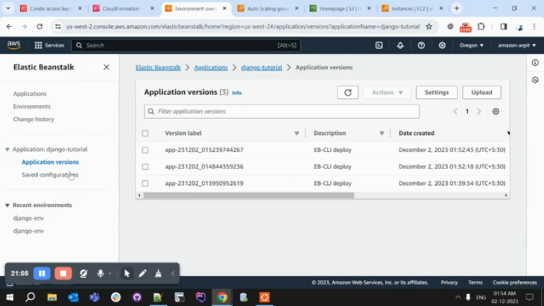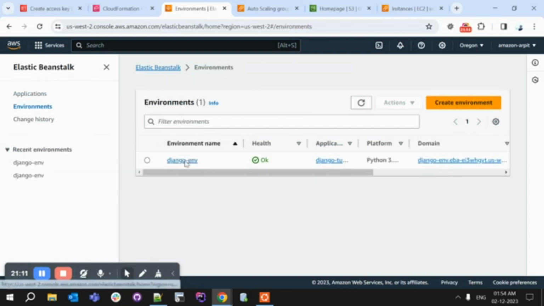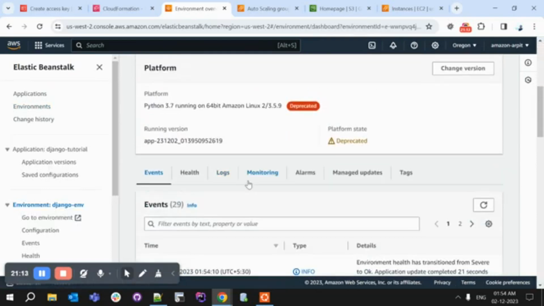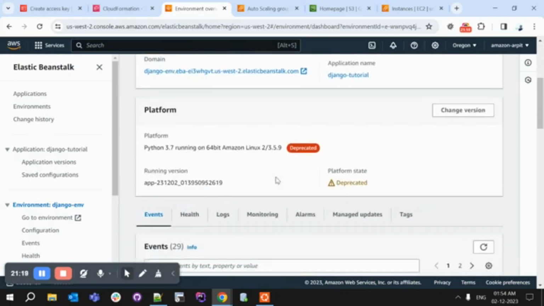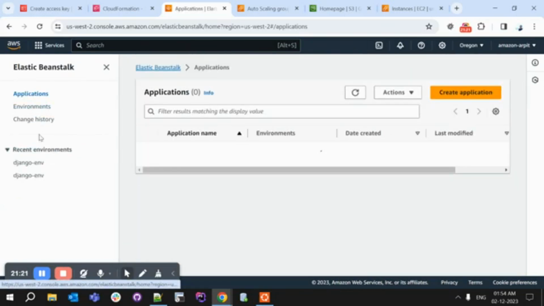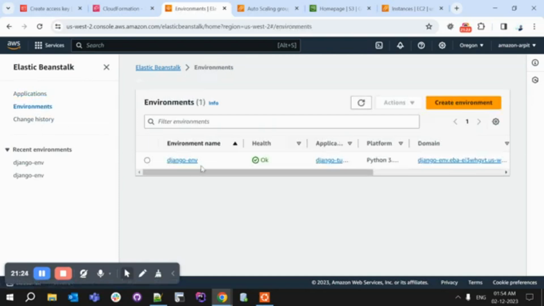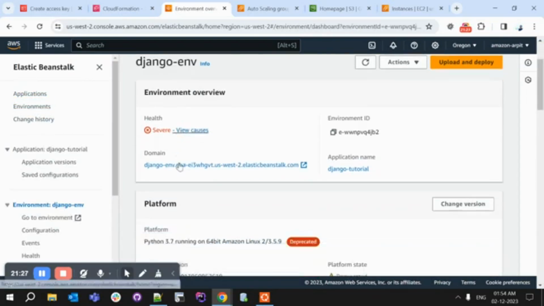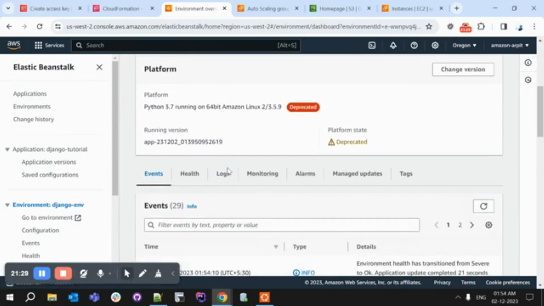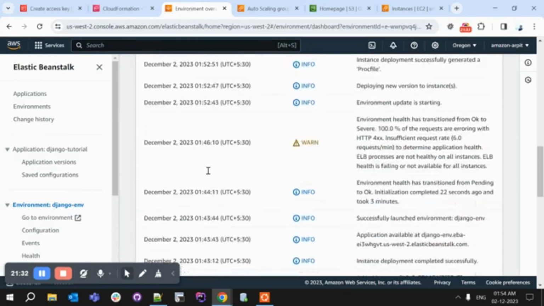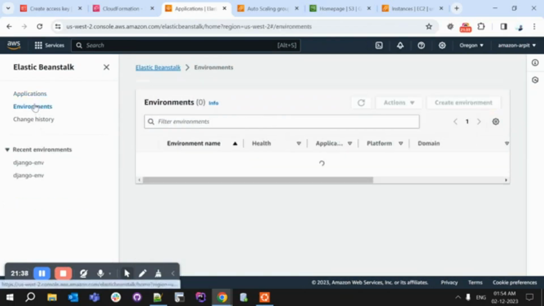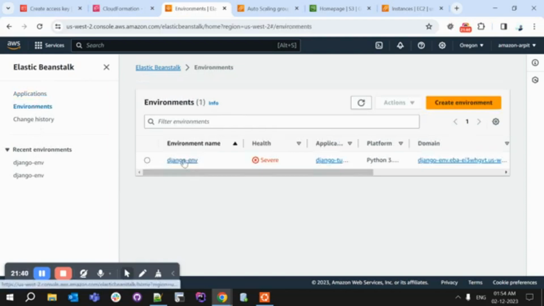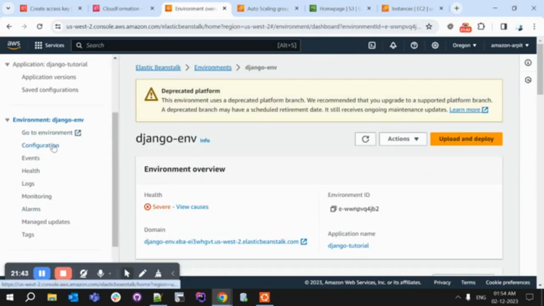And then one more thing I wanted to show you. If I go to this environment, and there is a configuration here. So here, if you go to this environment, and then go to the configuration here,